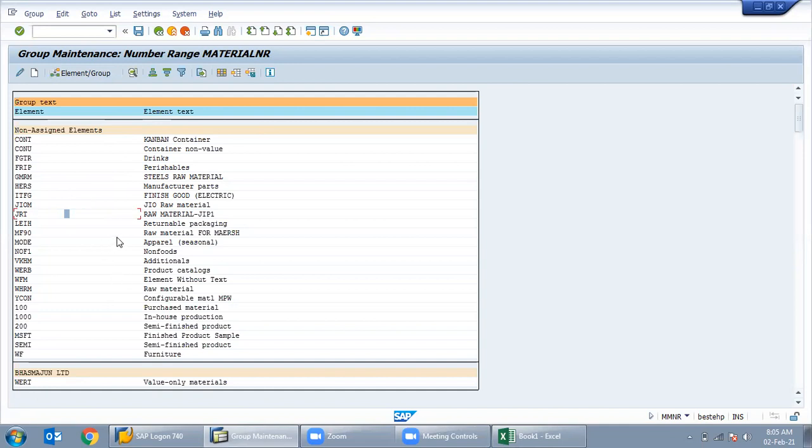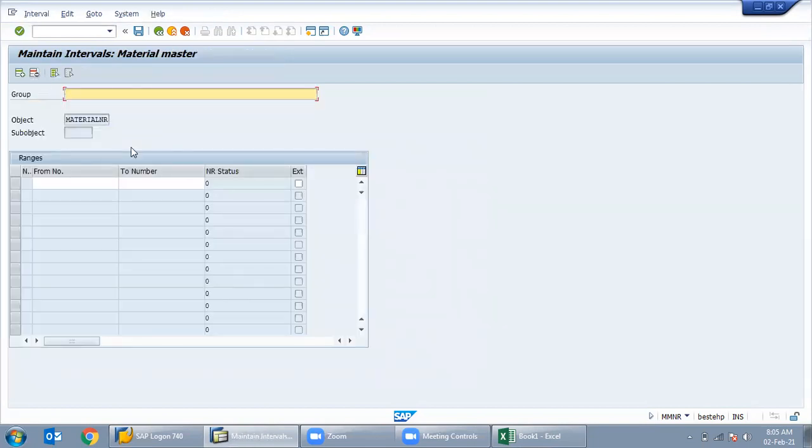Element means, suppose we have created an element, that is IN47. Suppose we create an element for the material group for IN47. Okay, and just now give the number ranges.